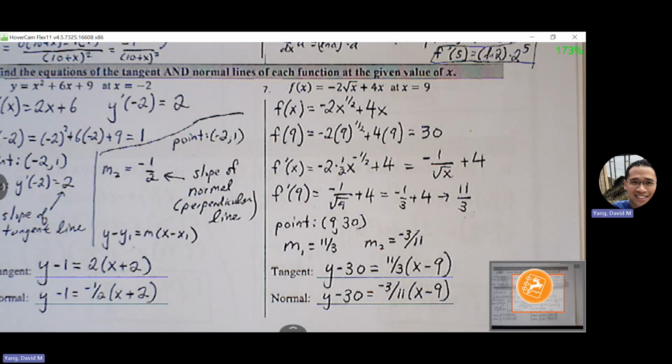Okay. Any questions? First page. Yeah. So number 5,